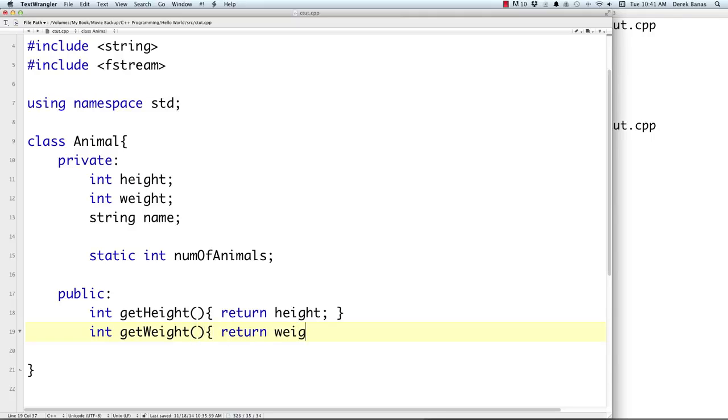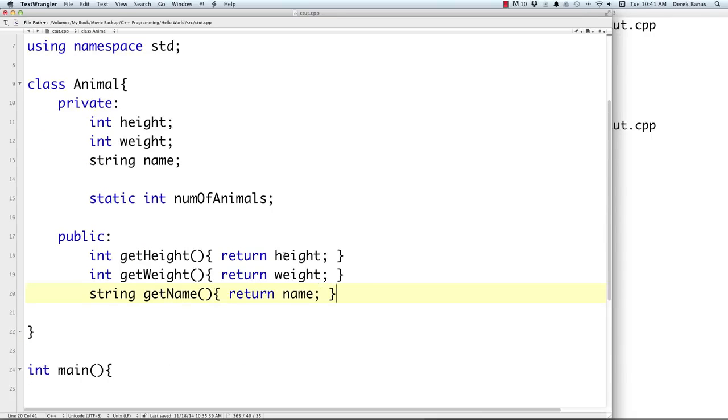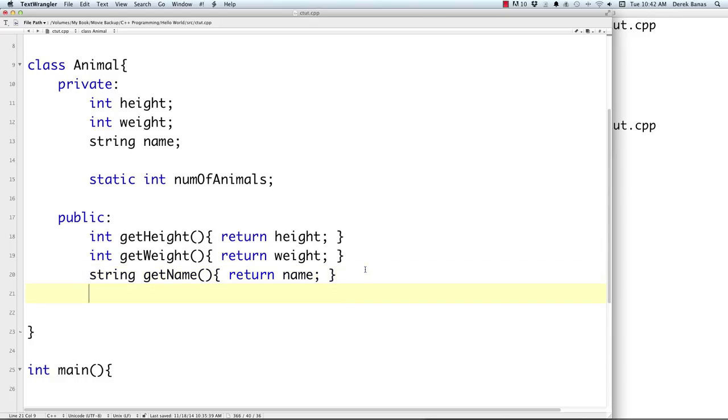And this is also encapsulation. We're keeping all of our data protected. And this is going to return a string whenever the getName function is called. And we can just go return name, and there we go. But what we really want to do whenever we're dealing with encapsulation is protect the values that are going to